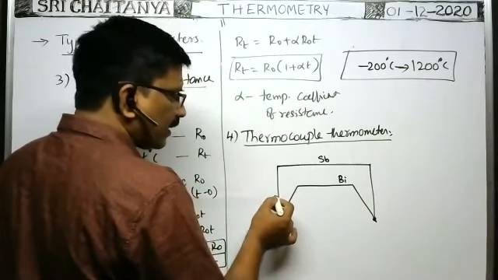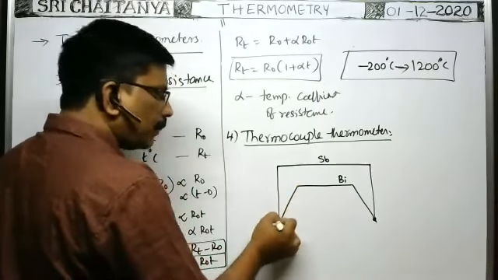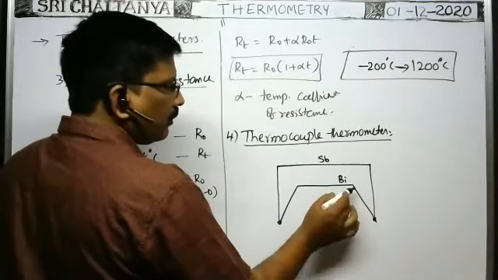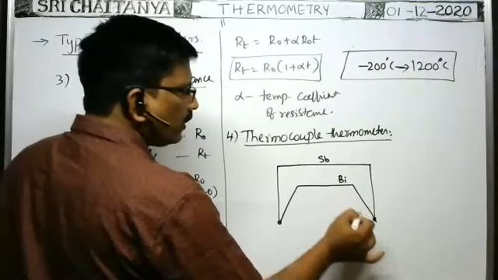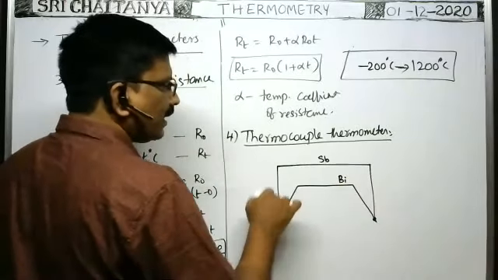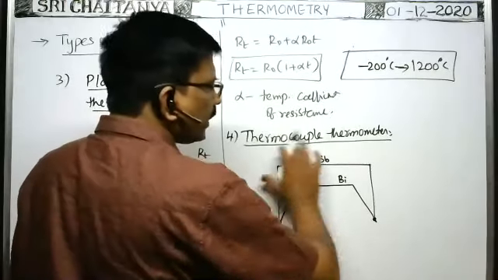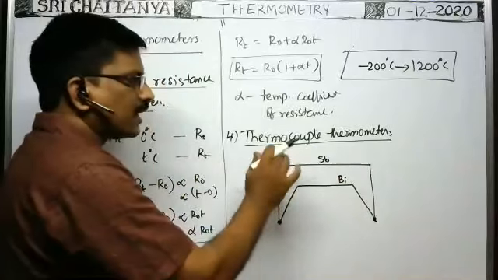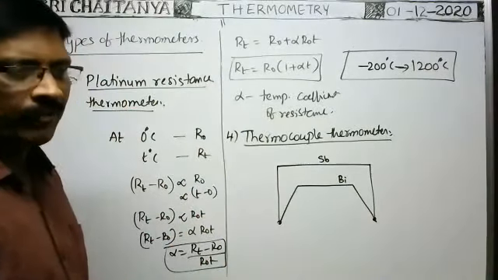Due to the flow of electrons from antimony to bismuth, current will pass in the opposite direction. In this direction, current passes. Here, as the electrons flow from antimony to bismuth like this, current flows in this direction. At this junction, current flows like this, so that both currents will be cancelled. That's why no current passes through this thermocouple whenever the two junctions are at the same temperature.